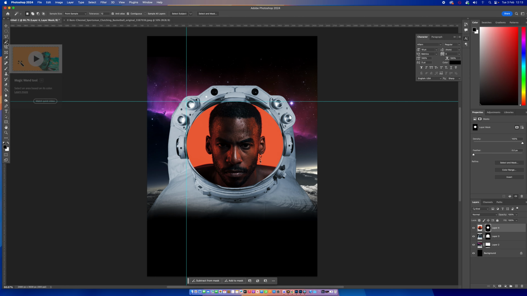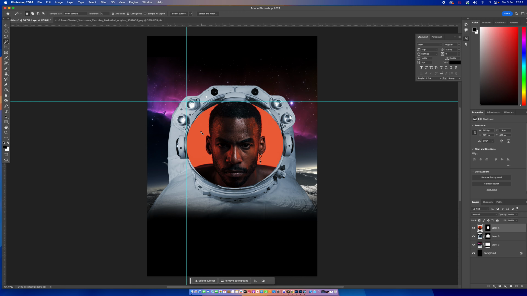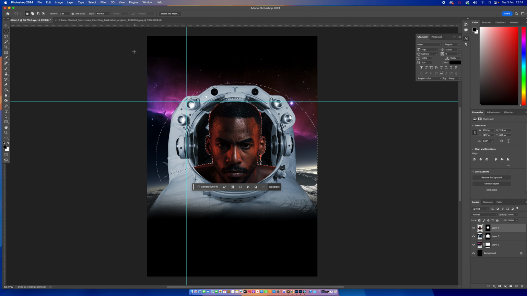So with what we call, and what you'll see is all these options in the toolbar, or nearly all the options, have a little kind of triangle on the corner there. That means that there's more options. So if I just keep my finger on them, we've got things like the lasso, polygonal, magnetic, the brush tool, pencil tool, and so on. For this, I'm going to use something called the magic wand tool, and that selects by color basically. So make sure I'm on the right layer. If I select this, it's going to select all the red from the background. When I press delete, it'll disappear. Okay, and then I can deselect,